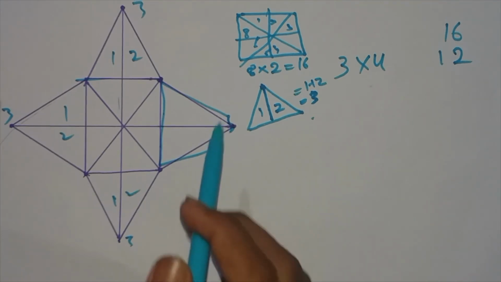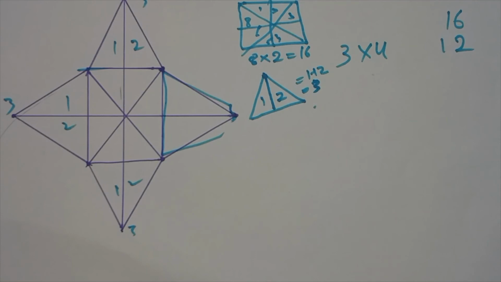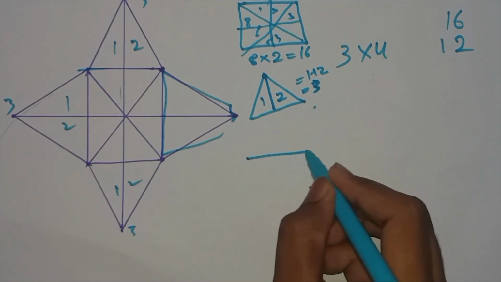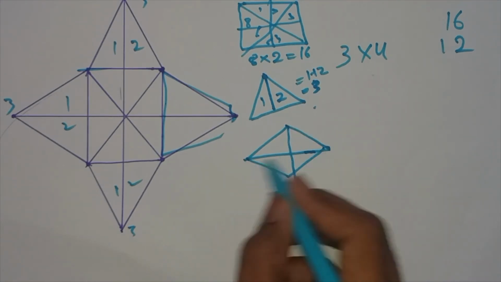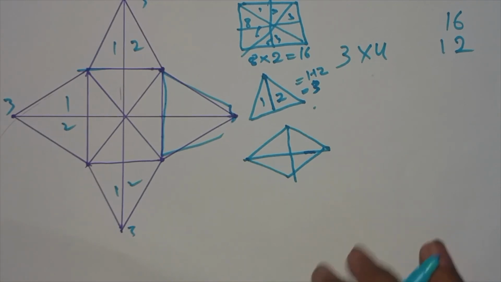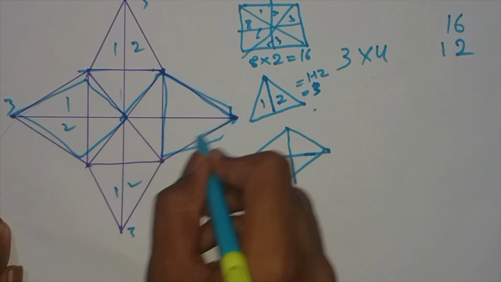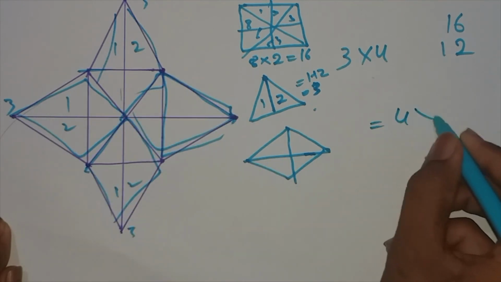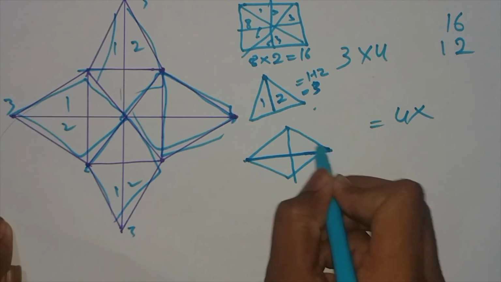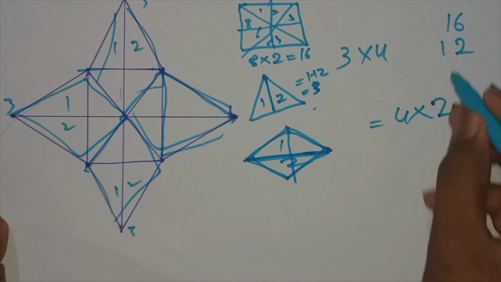So completed. How many parts are completed? This square type part is completed, this cone type part is completed. So 2 parts completed. The remaining part is this, right? So how many remaining parts are like this? This is considered as one part, this is one part, this is one part, and this is one part. So total there are 4, and consider this as one bigger triangle, this is one bigger triangle. So there are how many bigger triangles? 2. That means 4 into 2 is 8.